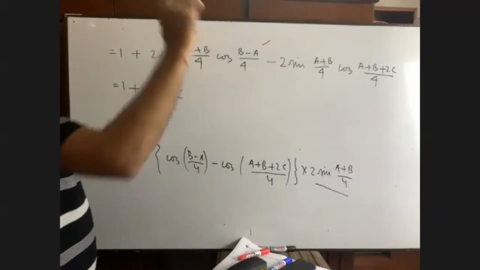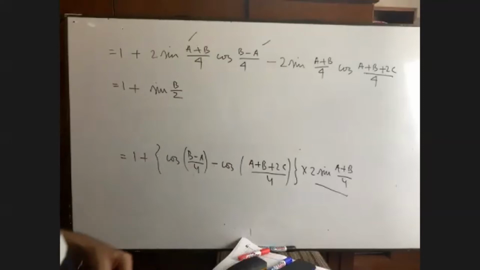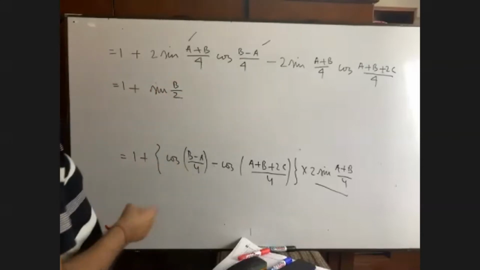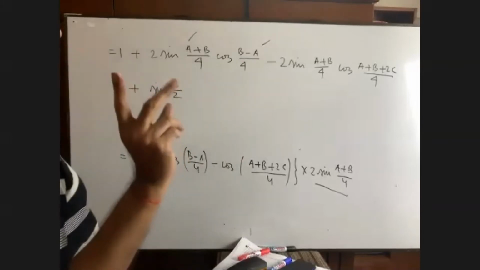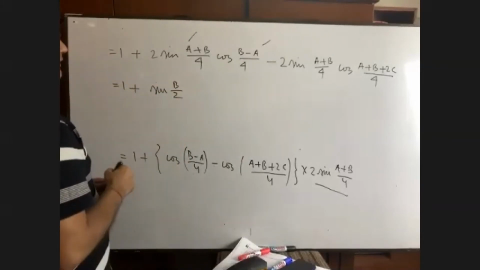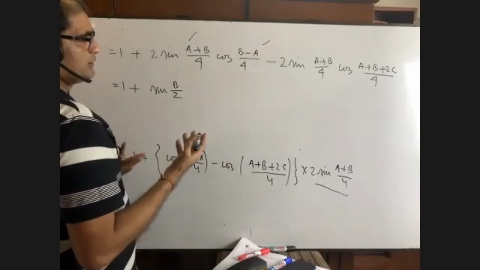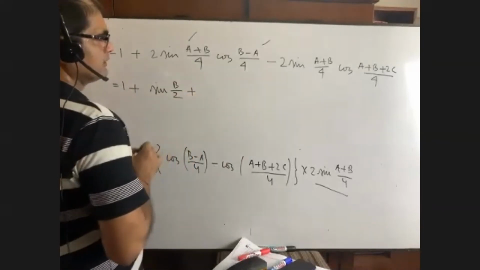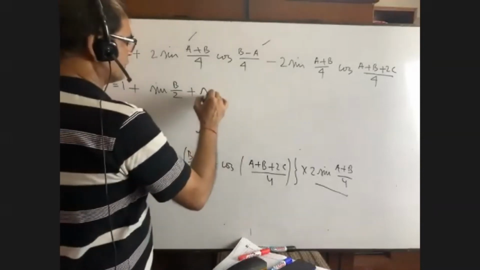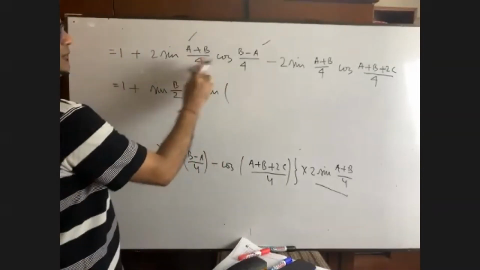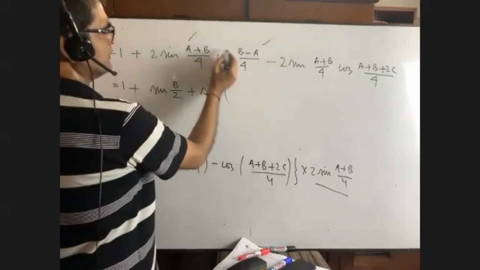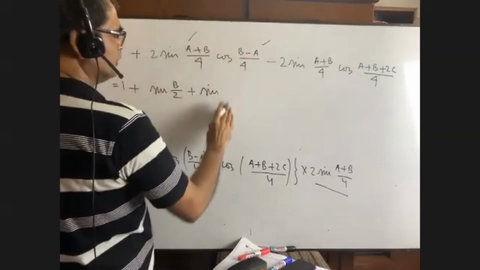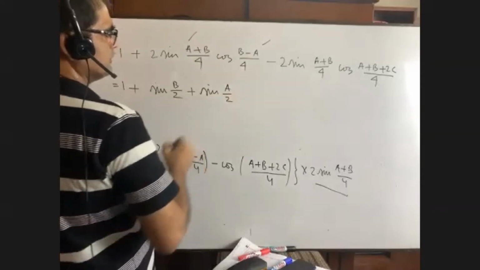Please talk to me, all of you. Yes, sir. So then again the formula: 2 sine A cos B equals sine (A plus B) plus sine (A minus B). Then sine of A by 2, sine of (A minus B) by 2. Very good. Then what will be the calculation? It is minus, it is plus, so B and B will be omitted. So we will be left with A by 2, right?